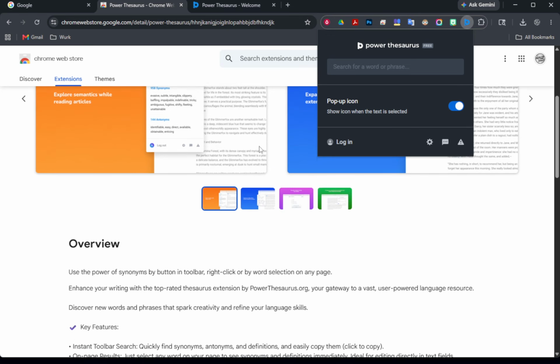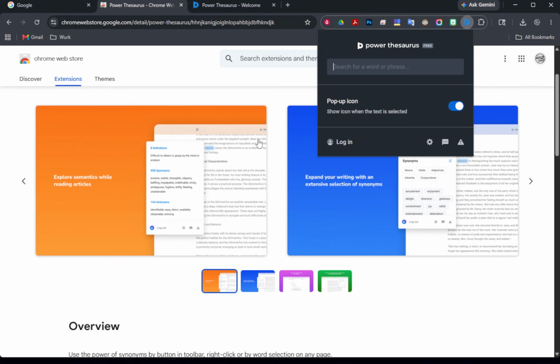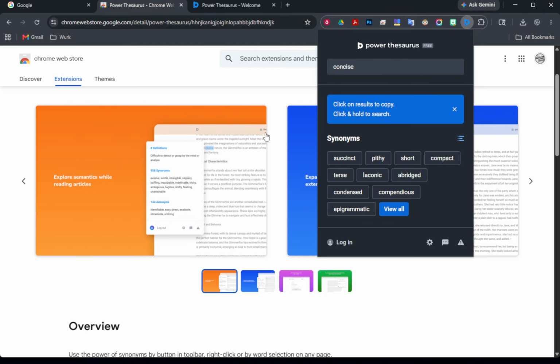As you browse results, aim for words that match your tone and intent, formal, casual, persuasive, or concise, so your writing stays natural. You can also work directly on web pages. Highlight any word on a website, then right-click the selected text to see quick synonyms from Power Thesaurus in the context menu. This saves time because you don't have to copy and paste into a separate tool.